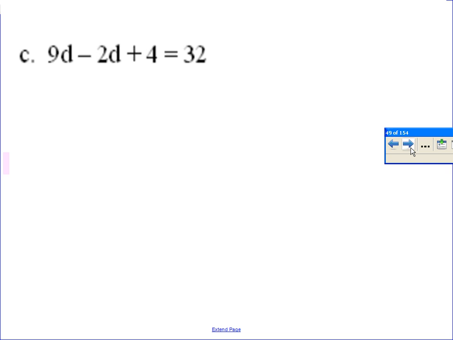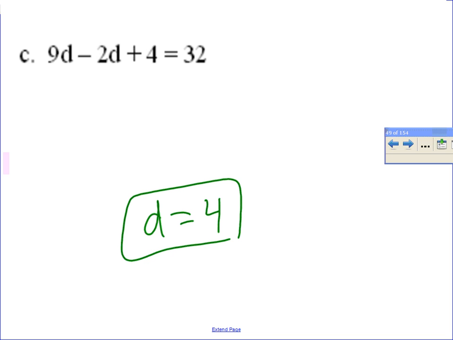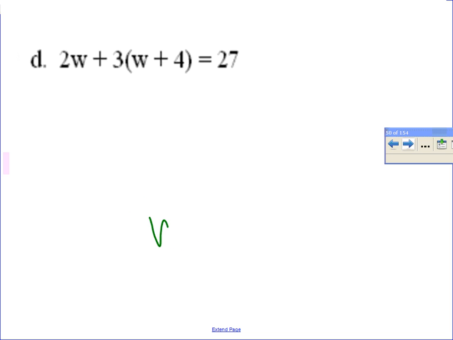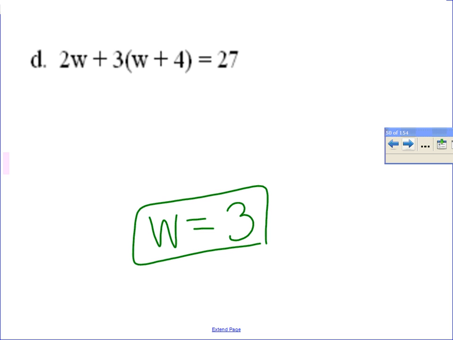Okay. Adam, what did you get for letter C? Good. Letter C, we get D equals 4. Briar, what did you get for letter D? Good. W equals 3. Any questions on either of those? Charles? They could be. Okay, I'm going to. Hold on. Any questions in C or D before we get to the harder ones? All right. Let's